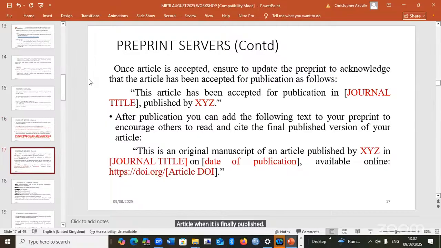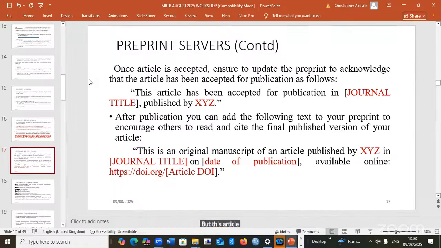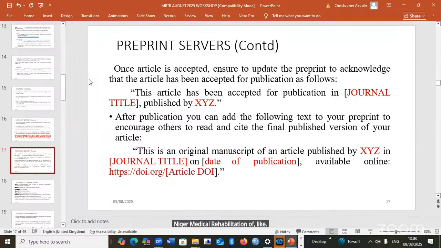And once your article is accepted, you must update the preprint to acknowledge that the article has been accepted for publication as follows. For example, this article has been accepted for publication in the Journal of Medical Rehabilitation, published by MRTB.